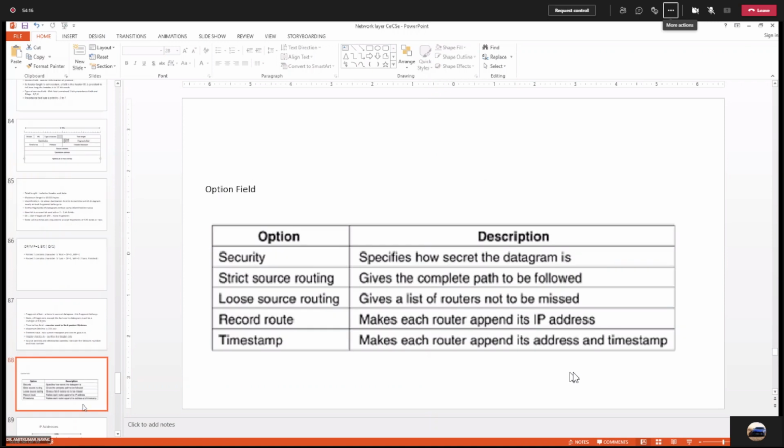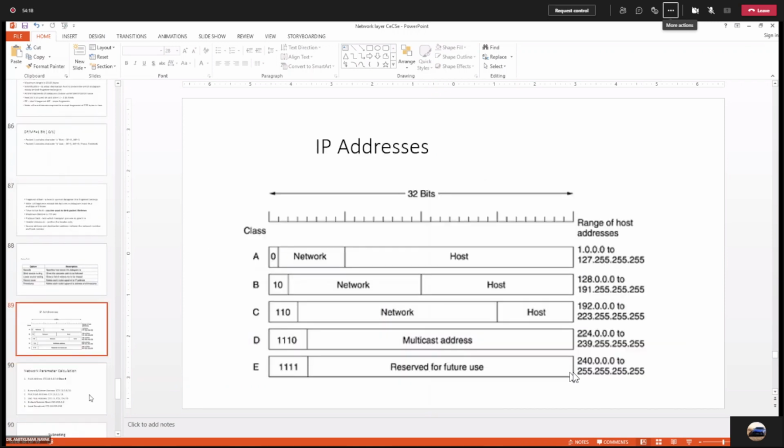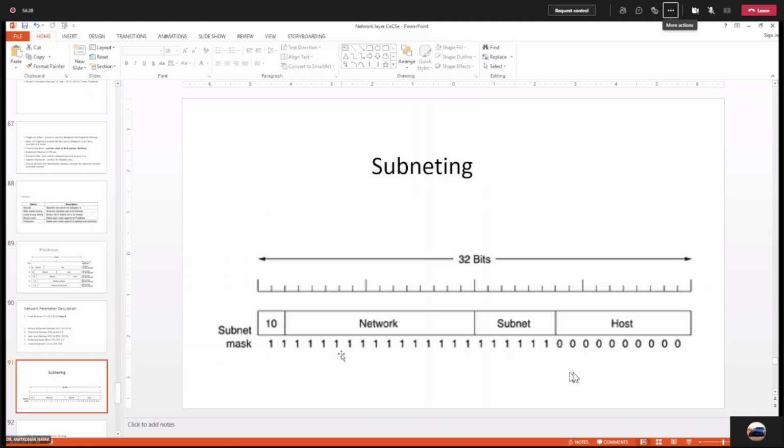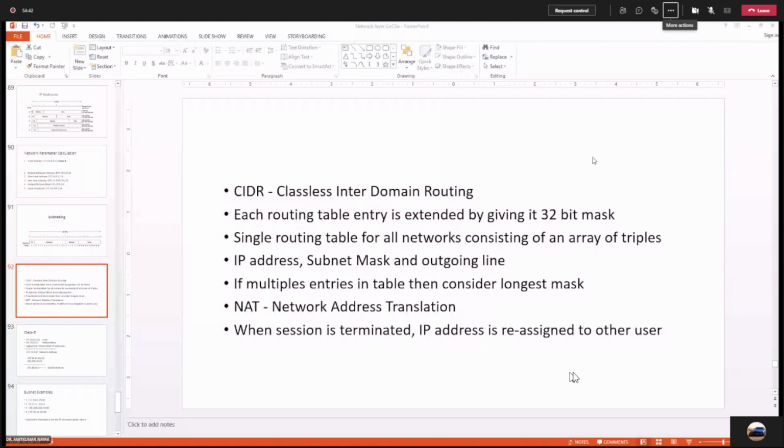Now in the next session, only one topic is left, and that is subnetting. IP address is already known to you. The important topic is subnetting, and if subnetting is known to you, then we'll skip the discussion of subnetting, because examples of subnetting can be asked in the exam. One IP address will be given to you and you have to calculate some parameters based on the IP address given to you. So let me stop here.